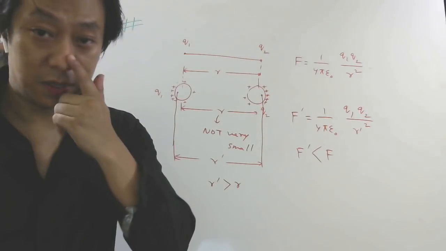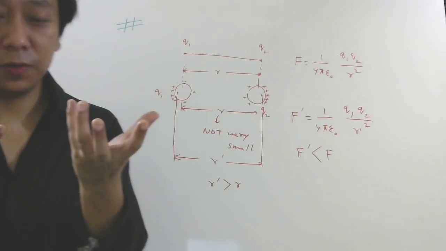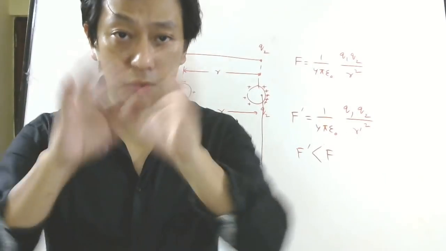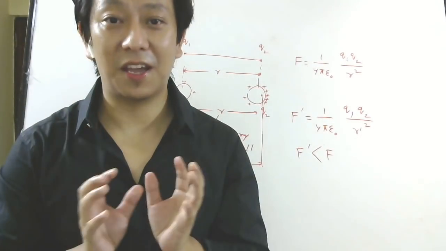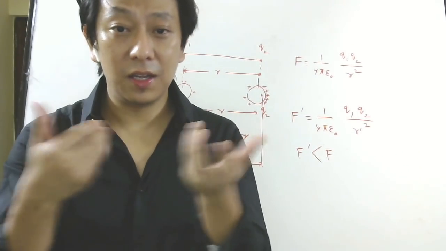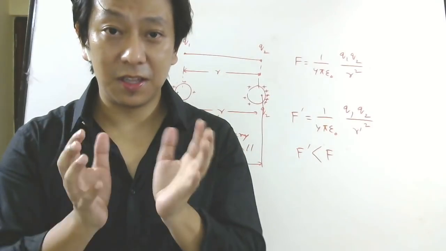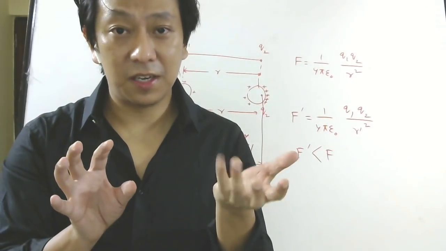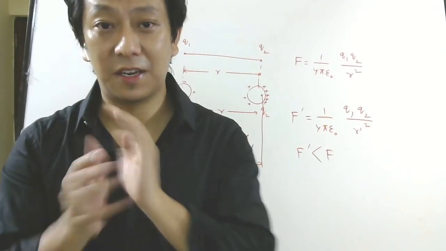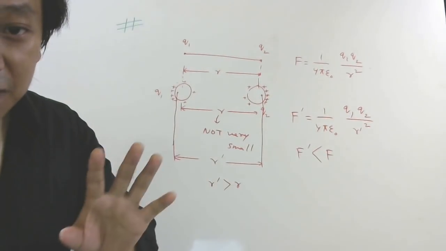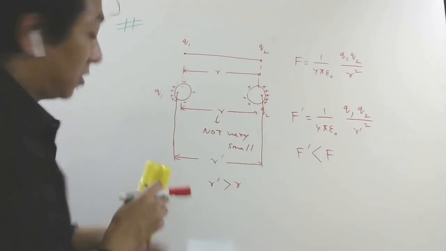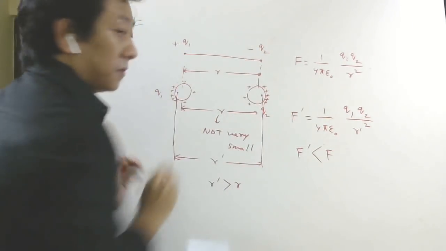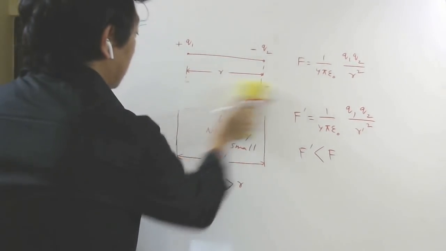In case of charges, when you bring two solid spheres and you put positive charge on them, it will distribute uniformly when they don't interact. But when you bring them close, they will interact with each other such that the positive charges here will push the positive charges to the far side, and these positive charges will push those positive charges that side. So as homework, try to think about the same question, but what if I give this as plus q1 and this as minus q2, and then I ask you the same question.